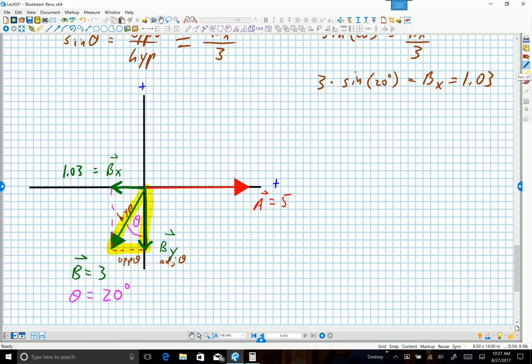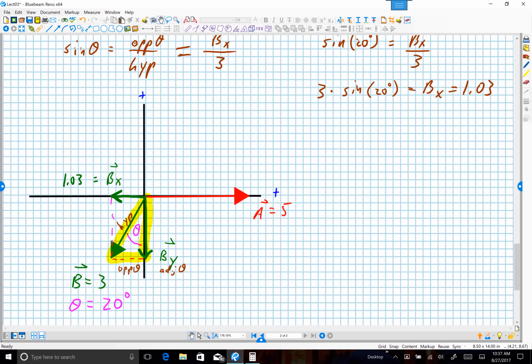So let's see here. There we go. So ABX is now gone. ABX is gone. And now I have a vector